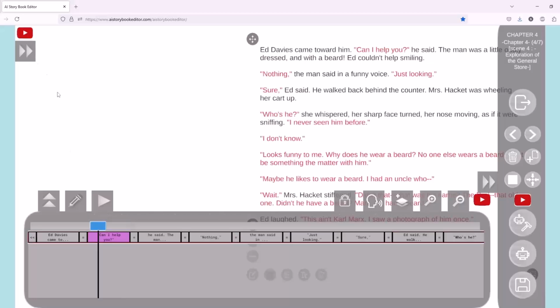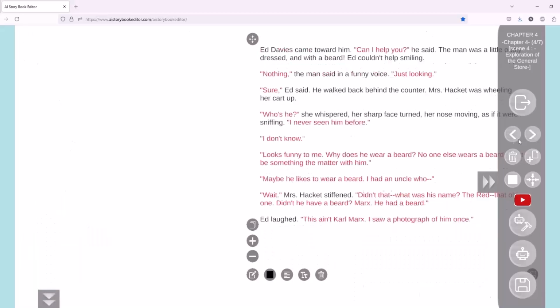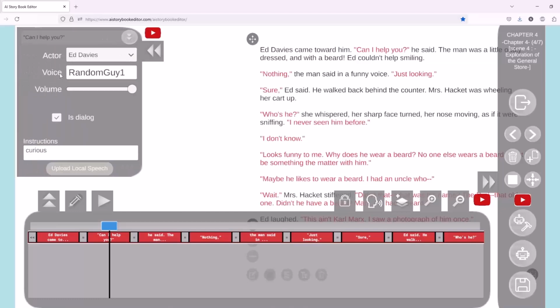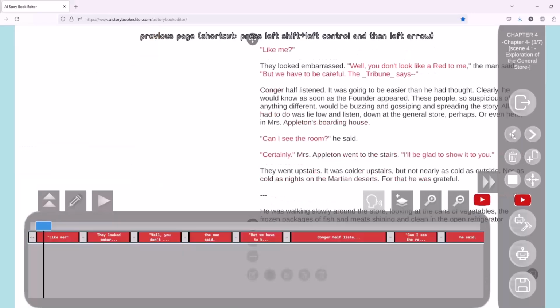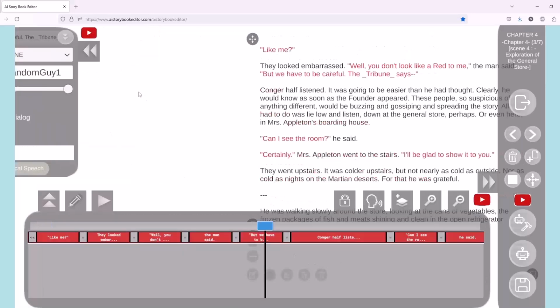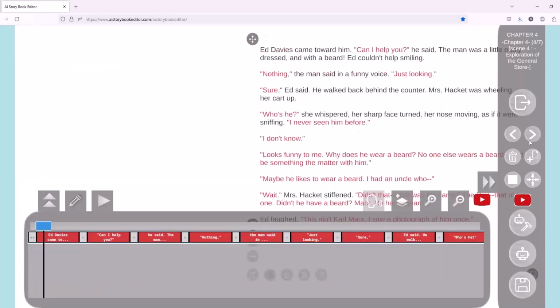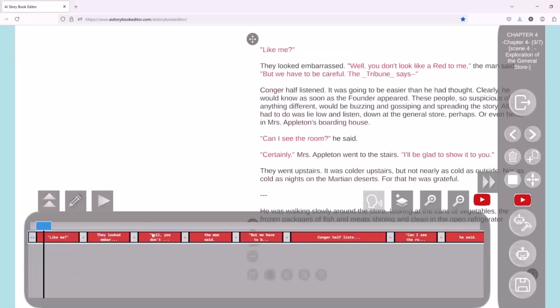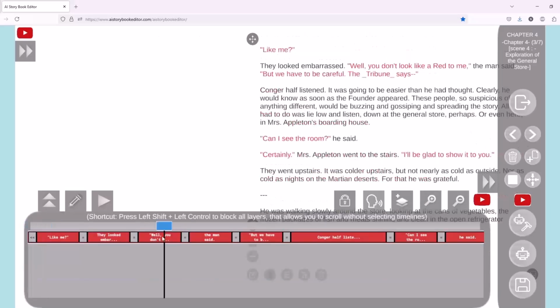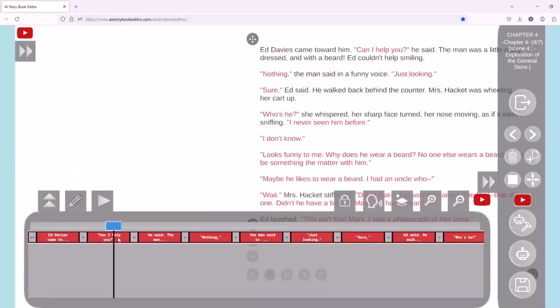And Ed Davis has now a random guy 1. Okay. So Mr. Appleton was random guy 2. Miss. Okay, so